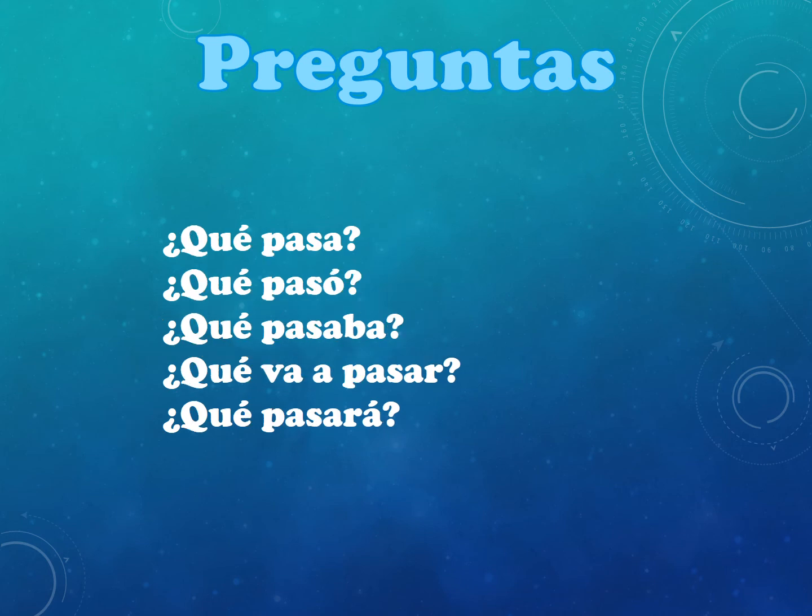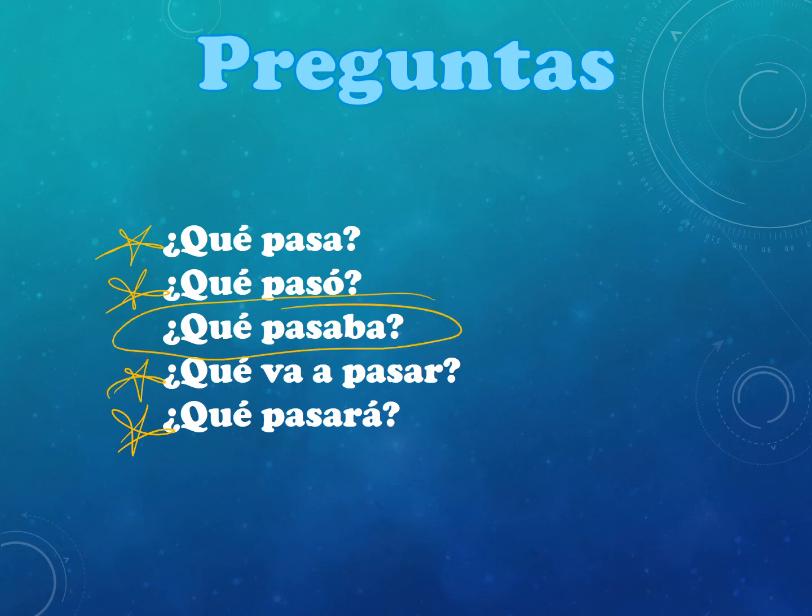Then we have our what's happening, okay? We've talked about ¿qué pasa? What's happening in general. Remember that when you use ¿qué pasa? you can answer talking about anyone, right? Anything that is going on at the time. We've done ¿qué pasó? What happened? We've done ¿qué pasará? What will happen? And ¿qué va a pasar? What's going to happen? ¿Qué pasaba? What was happening, or what used to happen. Usually what was happening. All right. So when you hear ¿qué pasaba? it's asking about the situation at the time in the past.